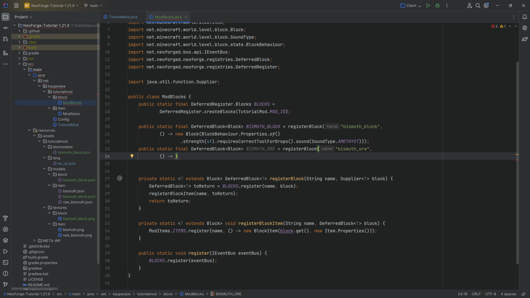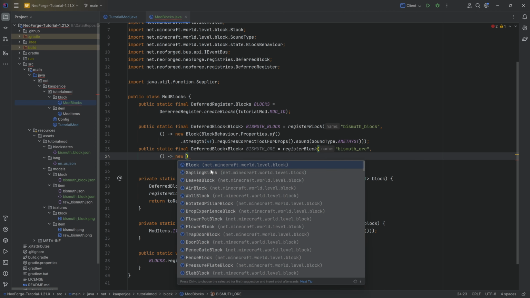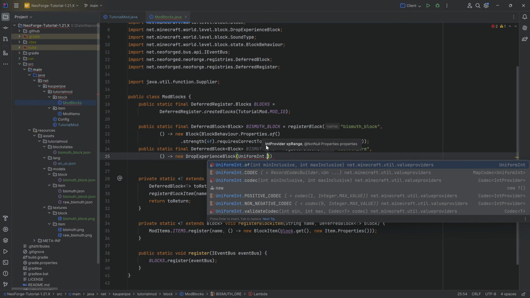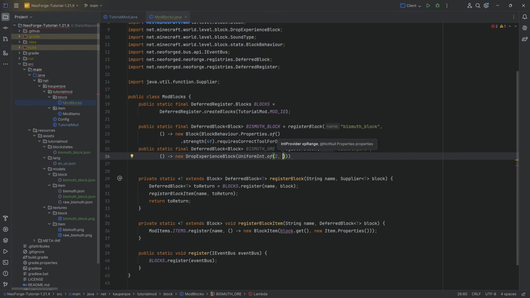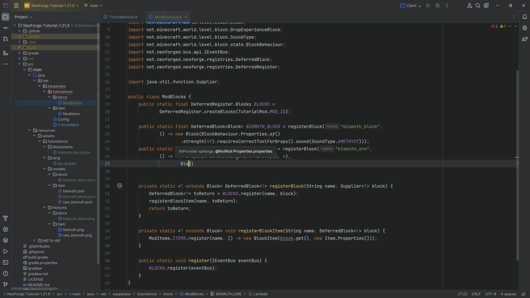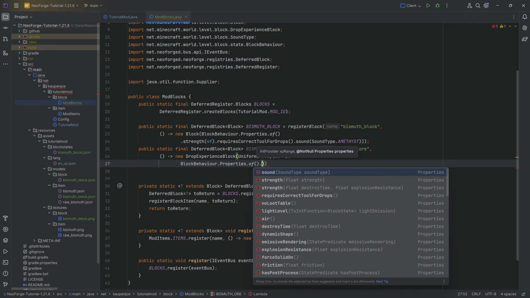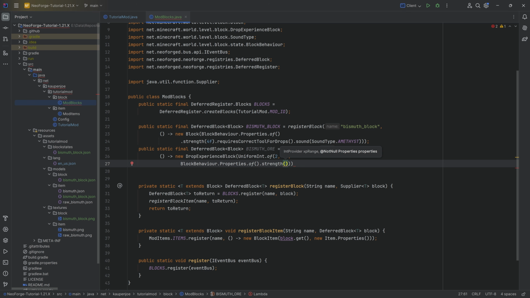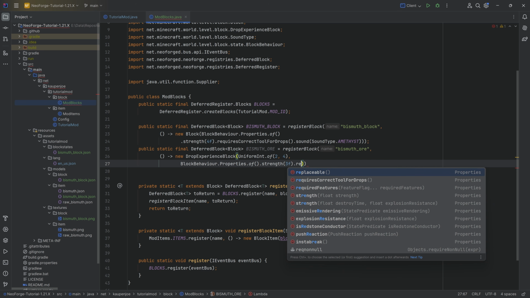So for an ore block, we're going to make a new DropExperienceBlock right here, which is very straightforward to use. You can see the first parameter is just an IntProvider of the experience range. So we're going to do UniformInt.of, and we're going to do between 2 and 4 over here. The second parameter is just going to be BlockBehaviour.Properties.of once again, and then we can define all of the rest. So, for example, the strength, maybe a 3f or something like that,